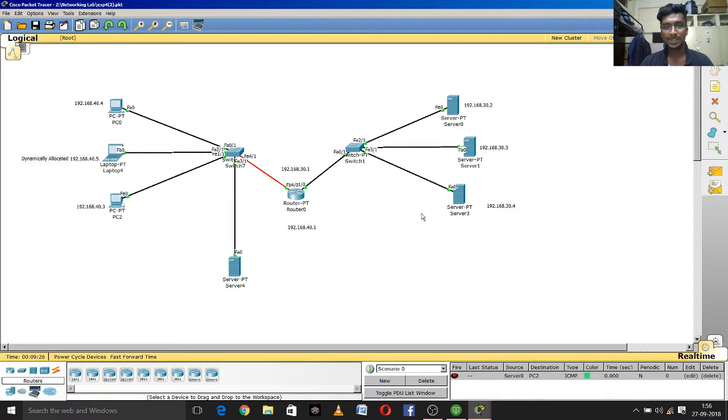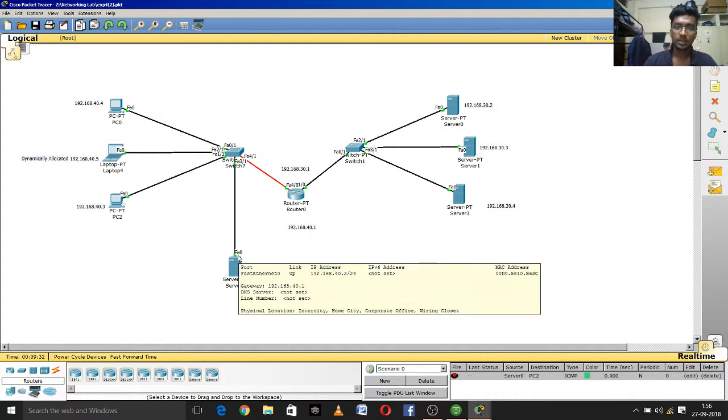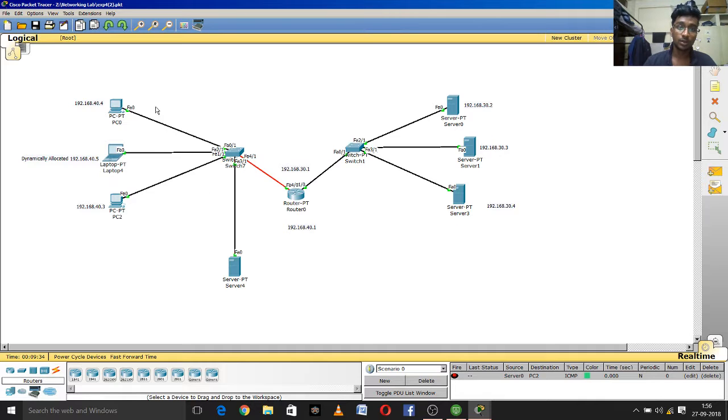So DHCP is basically the dynamic host configuration protocol. So basically what happens is I keep a server that will dynamically allocate IP addresses to all the connected devices. So as you can see, it's the same topology, the three servers connected to the switch in the router. Now next, after that, we're going to keep a switch to which we connect a server,